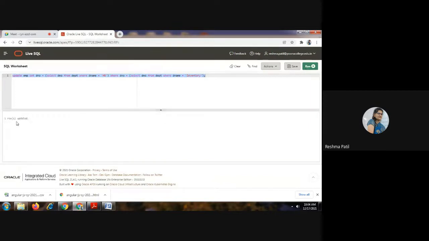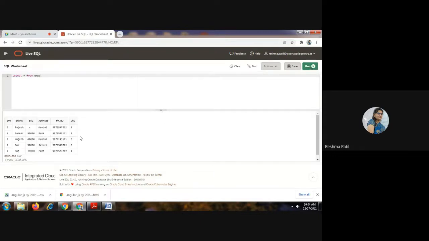One row updated. Now check the employee table. Select star from EMP. It was previously 2, now it has converted into 3. So this employee is shifted to the HR department.